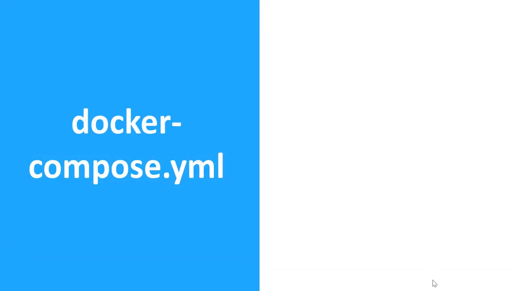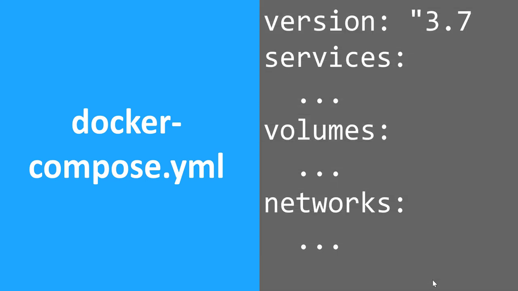Now let's know what is docker compose.yml configuration. As I said, it contains a list of containers which will be running, and each container is identified by service, and within that service we define the configuration which we want to have for that container, and that configuration related to volume, network, port binding, any environment variable or so on.